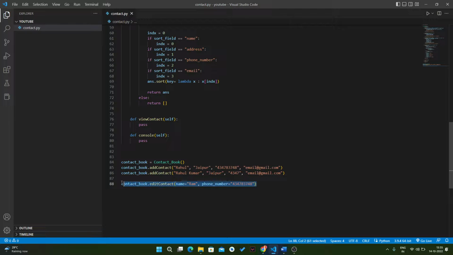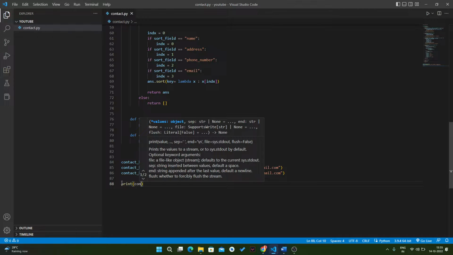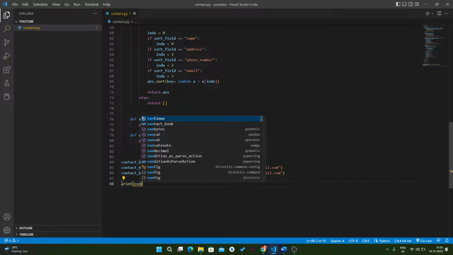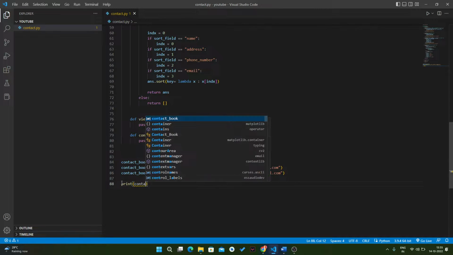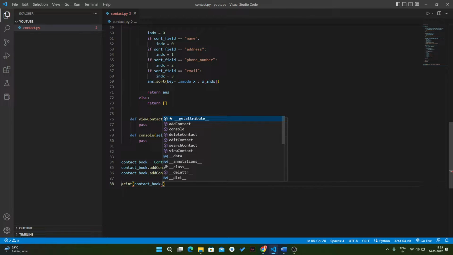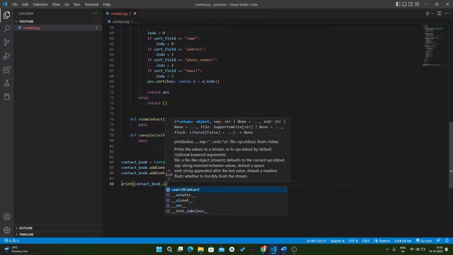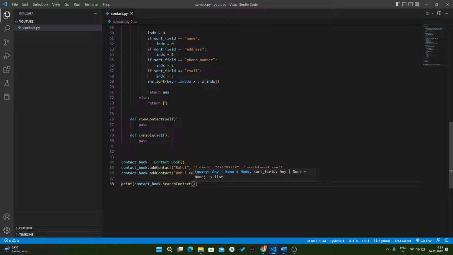So for that, just write print contact book dot search contact. There we have two things. First one is query. So if we write here only array, and if you want to run this thing,